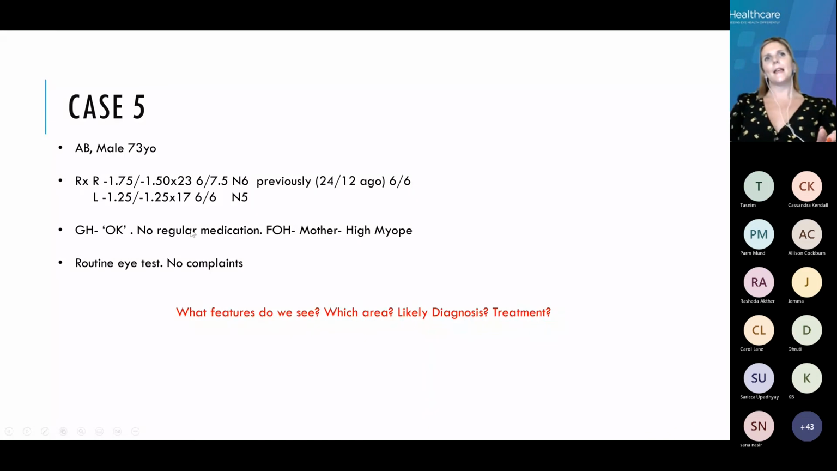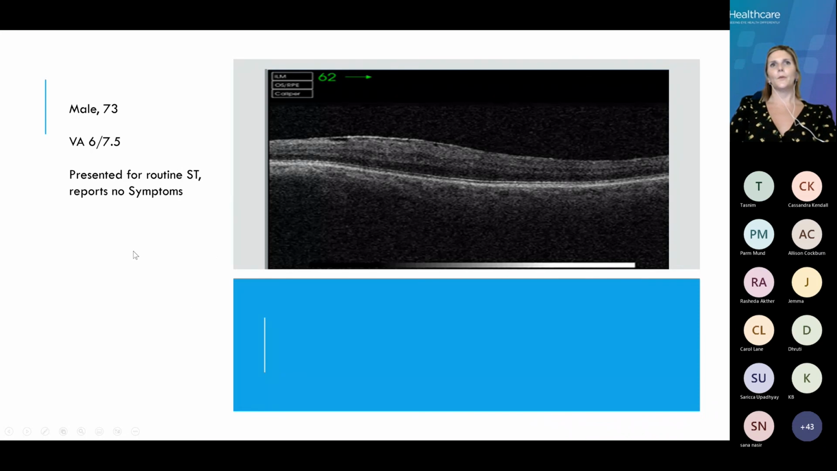So this one is a patient who is 73. General health is okay, no regular medication, family ocular history: mother is a high myope. It's a routine eye test and no complaints. So, important with this one, I've shown you this scan, and if you're thinking about